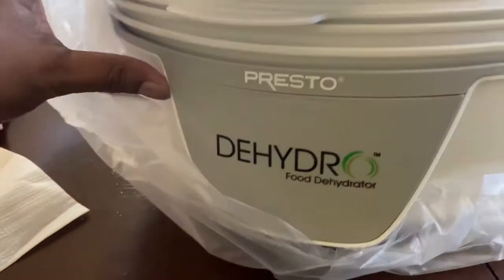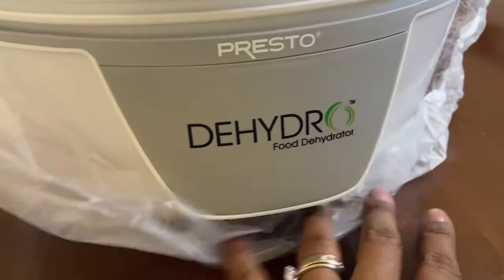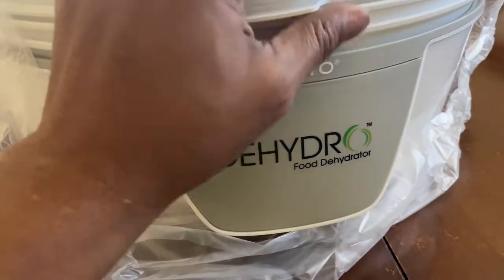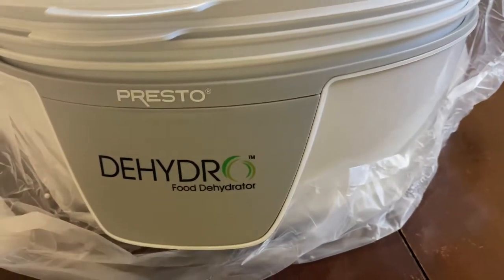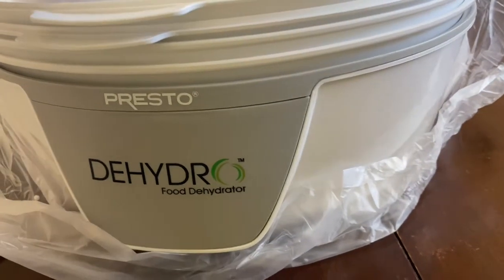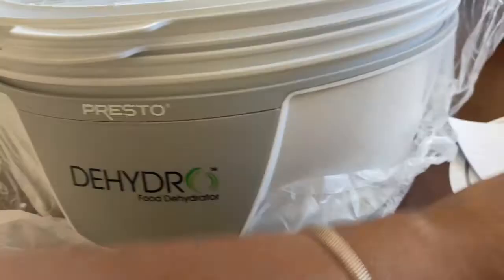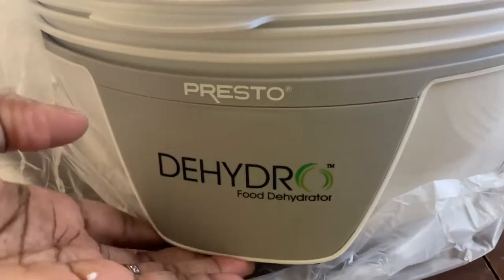Okay, so this Presto Hydro food dehydrator was $36 from Amazon. I thought that was a really great deal. I love deals. And as long as it does what I need it to do,